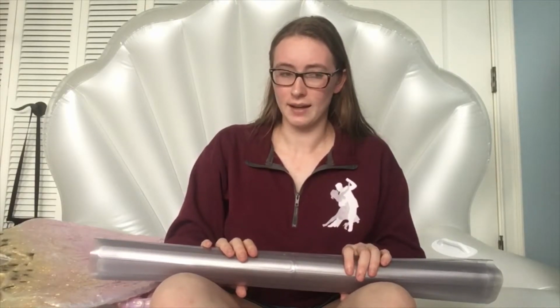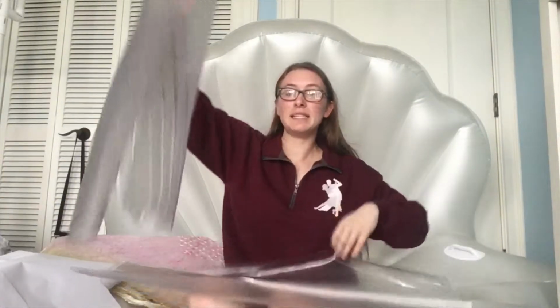And I would go ahead and get twice as much as the size of the fin that you want, because you're gonna need to make like a little monofin sandwich with two sides. So get twice as much as you want, then you can just cut it in half, and you can make a little monofin sandwich. So let's get started. Once you've gathered all your supplies, go ahead and cut your vinyl in half. So you have two equally sized sheets,